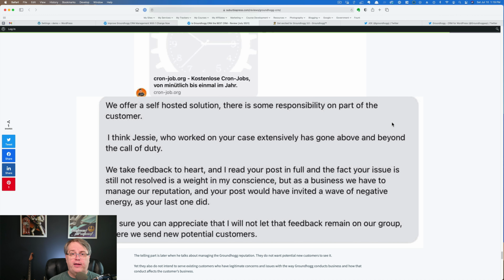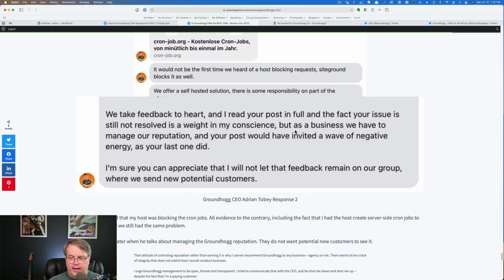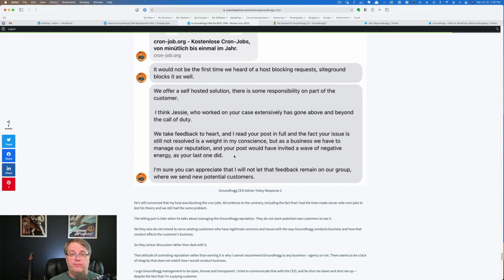It is a major pain to switch your CRM from one service to another. All your automations, all your contacts have to be migrated. You've got to rebuild your tagging system. And this is just something that I didn't want to do, but ultimately I had to. But the part that really got me is, as a business, we have to manage our reputation, and your post would have invited a wave of negative energy, as did your last one, the one that they asked me to delete. There was no wave of negative energy from my last post,